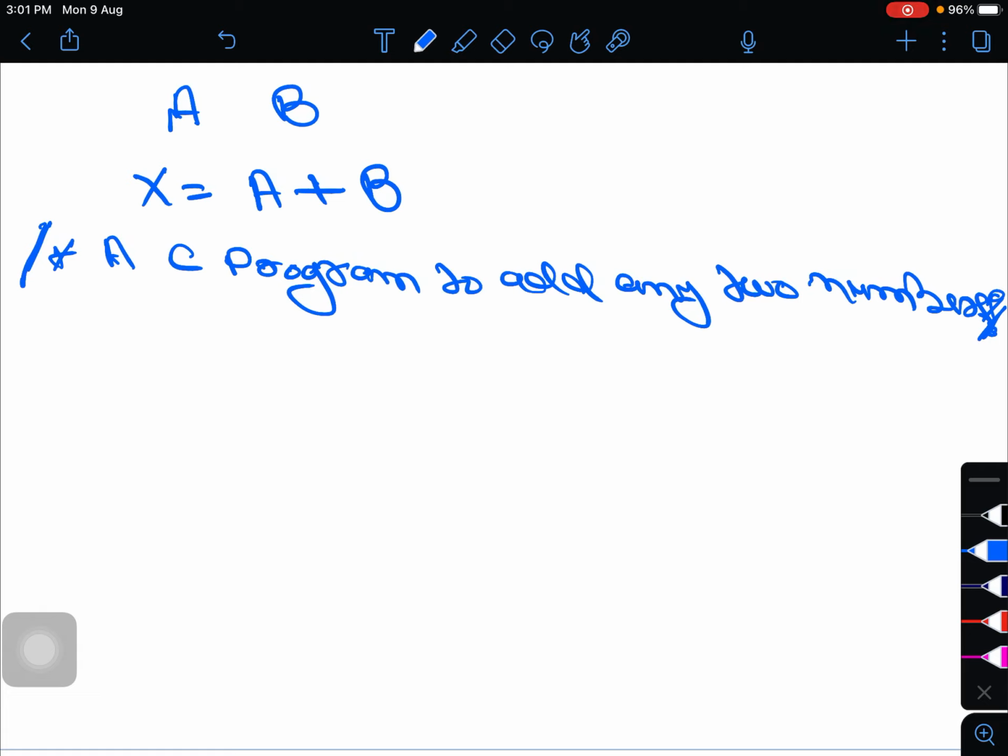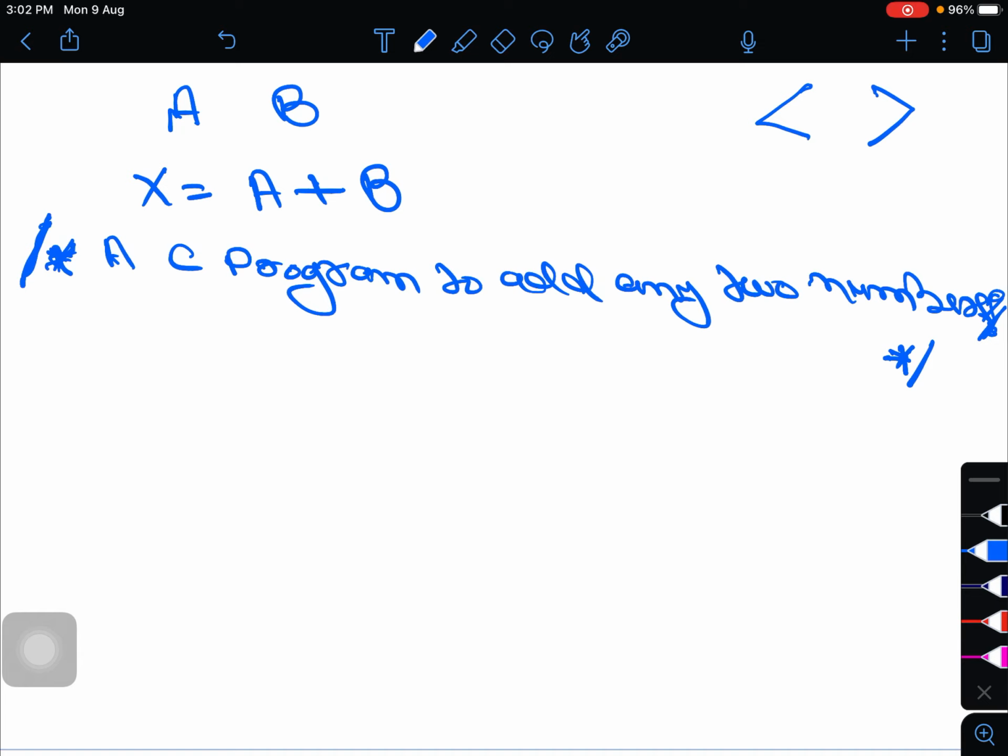Before writing a comment line, we have to write forward slash and star, and after completing the comment line, we have to write star and forward slash. In the previous lecture, we have seen that before using the file we open with a left angle bracket, and after using it we close with a right angle bracket.